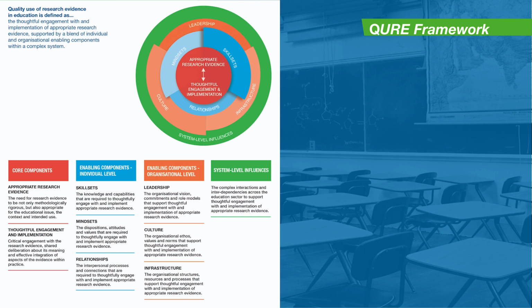This short course is based on the CURE framework, which conceptualises quality use of research evidence in education. As this diagram shows, quality use of research evidence in education involves the thoughtful engagement with and implementation of appropriate research evidence. And that process needs to be supported by individual enabling components of skill sets, mindsets and relationships, as well as the organisational components of leadership, culture, infrastructure, and of course, plus system level influences. There's another video in this section for you to watch which explains more about the quality use of research evidence,